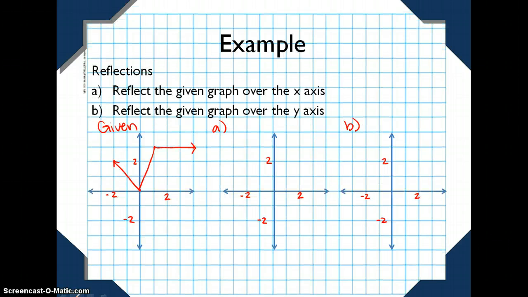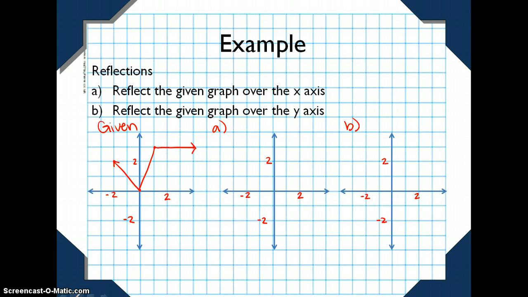So the example says for reflections, we're going to reflect the given graph over the x-axis, and then we're going to take the exact same graph and reflect it over the y-axis. So when reflecting, the whole thing literally becomes a mirror image. And given that we're going over axes and not necessarily an arbitrary point, it's pretty easy to recognize if you've done it correctly, because if you can fold it along that axis, they should overlap, or overlap pretty closely if